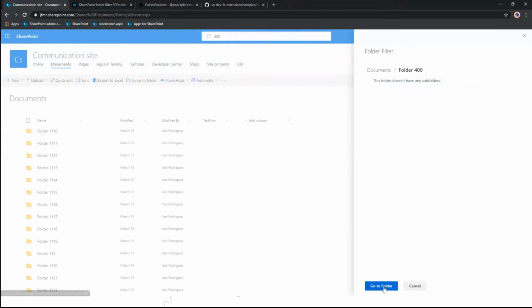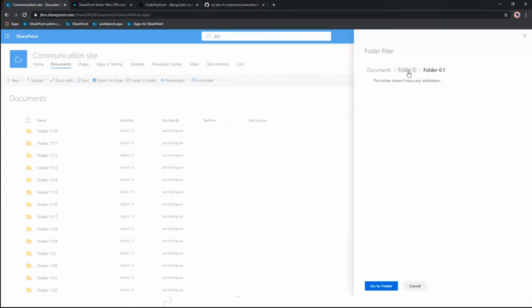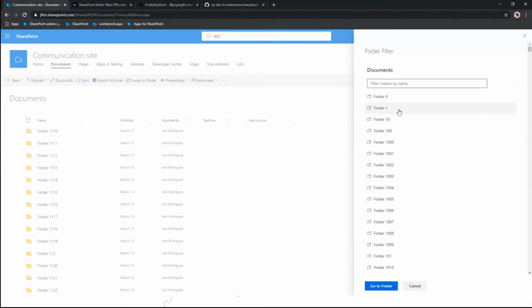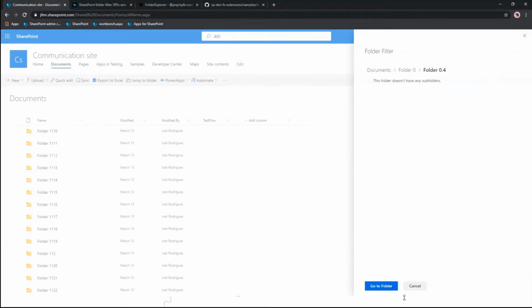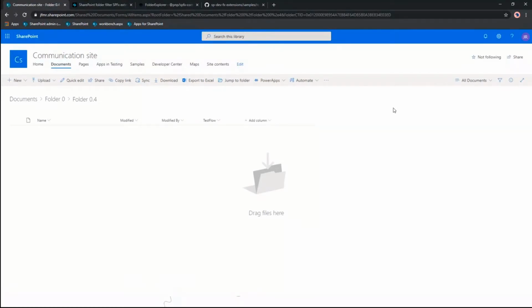I go to folder 400, and if there were more folders here, I can show you. We'll just keep loading them, and you can go back and forward using the breadcrumb and the selection. And it just simply allows you to go straight to that folder. This might sound very simple, but it was a massive time saver for them,